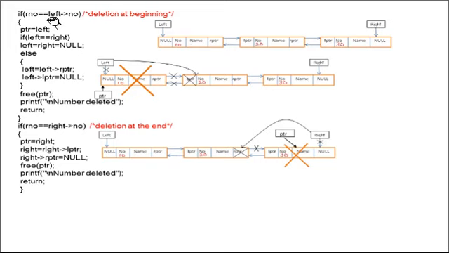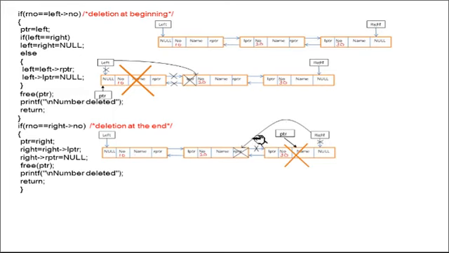If this condition is false, that means roll number is not equal to left of number. If the roll number equals 30, that means you need to delete the last node. So if the given roll number equals right number, right number means that is 30, that means we have to delete the last node. So how to delete the last node? After deleting the last node, this will become the last node, which is always pointed by the right pointer.